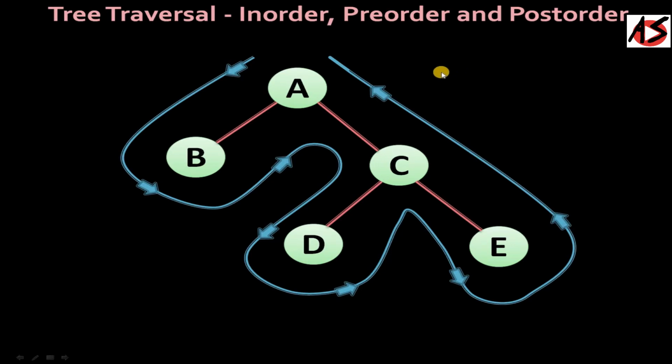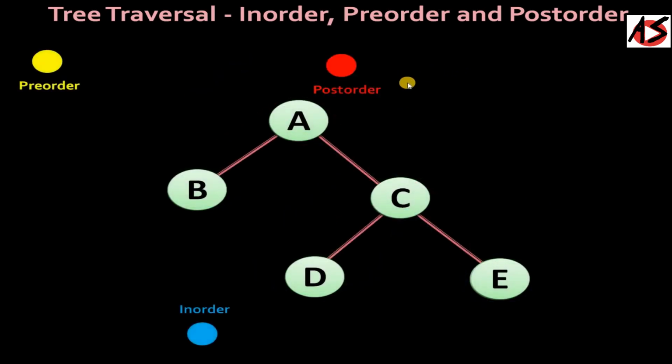A tree is not a linear data structure like an array, linked list, queue and stack. That is why you have a different order, as you are taking root first or left first, and that kind of thing is known as pre-order, in-order traversals of the binary tree. So here we will find all three kinds of traversal with an easy technique.